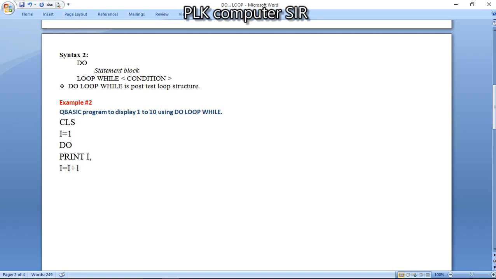After the counter increase, we write the condition loop while I less than equal to 10, then terminate the program. So at first it will display the value, print, and only then check the condition. That's why it is called a post-test condition.